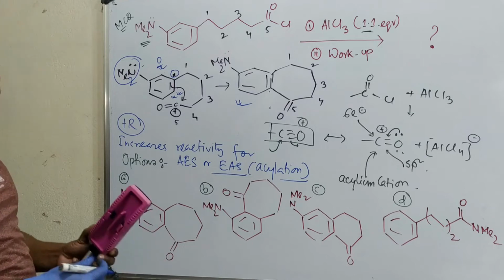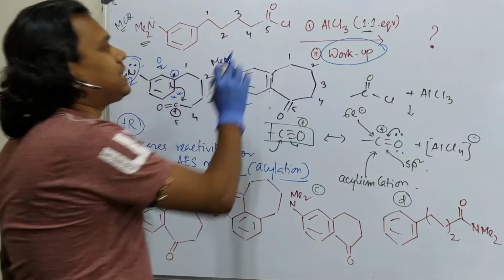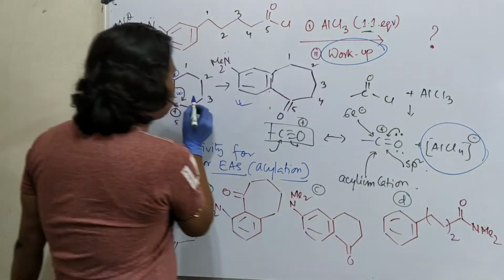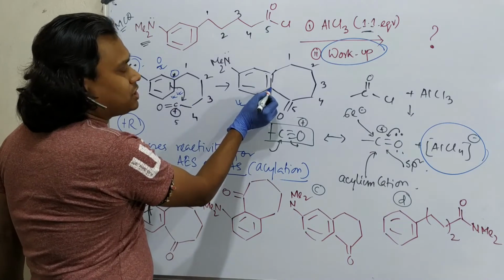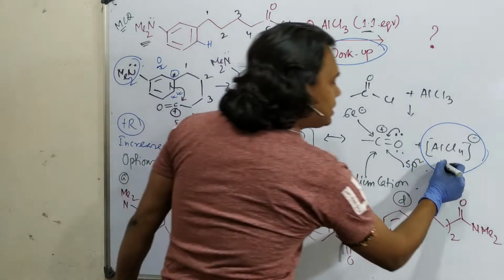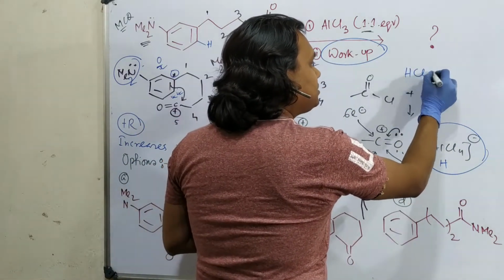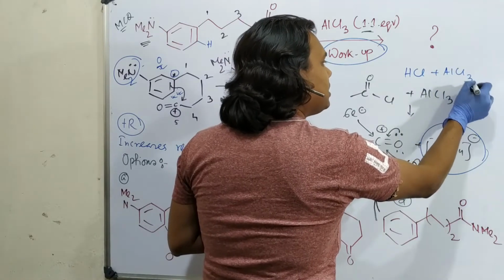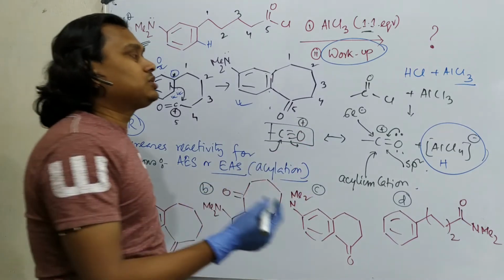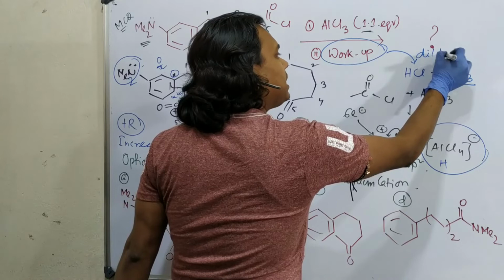And why are these workups given? See, during the reaction, what is produced? This AlCl4. And during this aromatic electrophilic substitution, this bond is a carbon-carbon bond, but previously there was hydrogen. Where has this gone? It is actually here. So what is in the reaction medium? Actually HCl plus AlCl3. And AlCl3 is also acidic. The reaction medium is acidic. So first of all, this reaction is quenched with dilute NaOH.